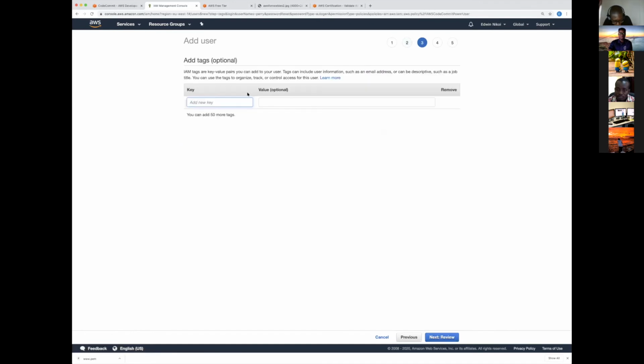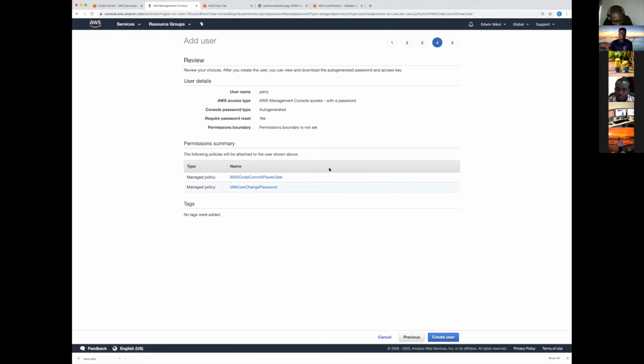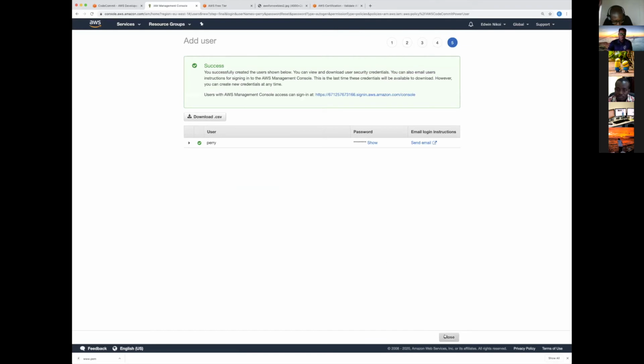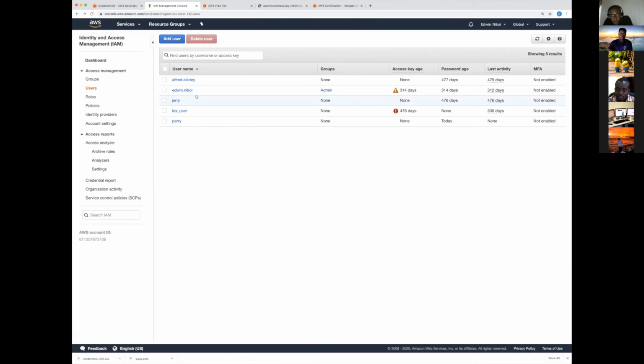I'm not going to do any tags for now. You can ignore tags. We'll later learn what tags are really for. So I'll go ahead and then create his user. Now, if I'm going to send Perry these details, I'll just download this CSV. So once I've downloaded it, if he gets it, he will have the details to connect